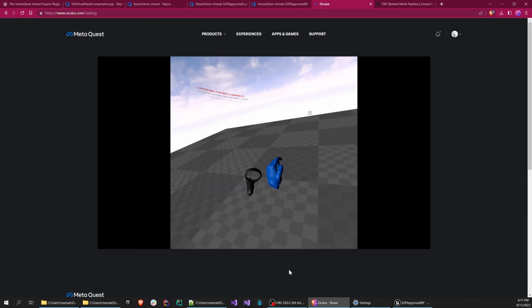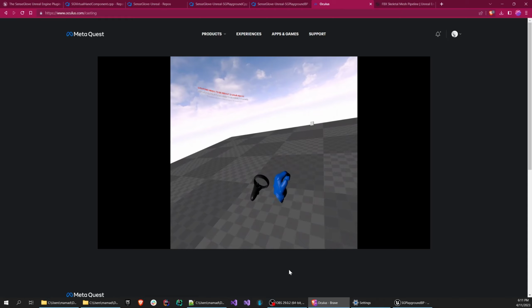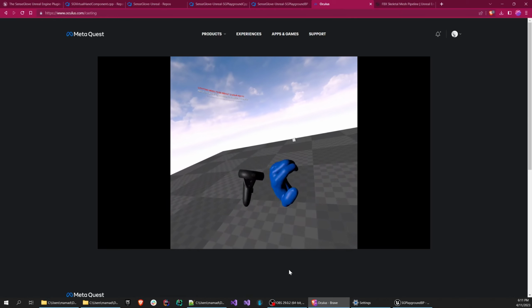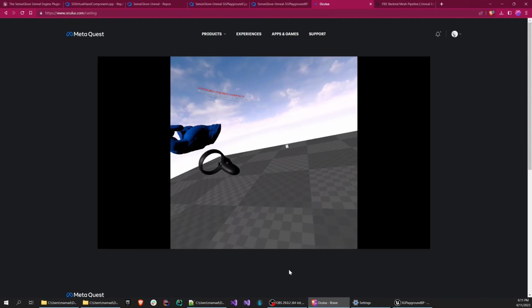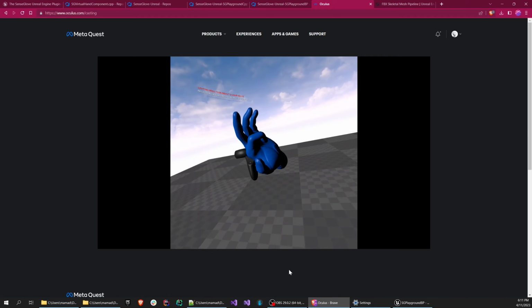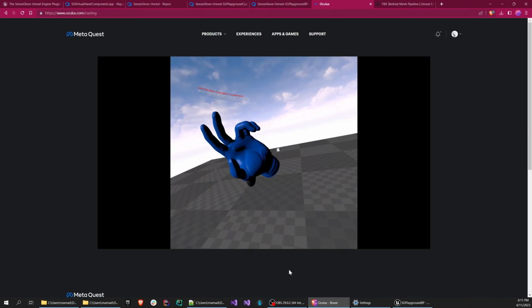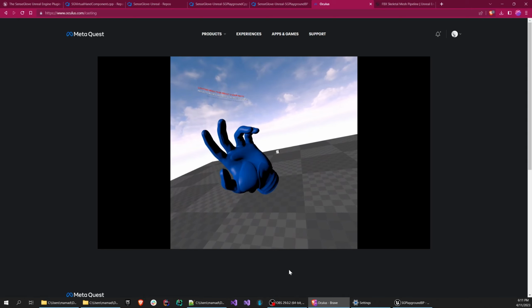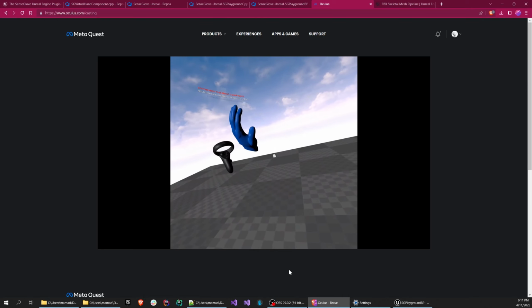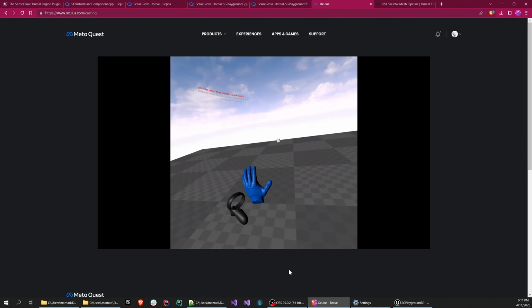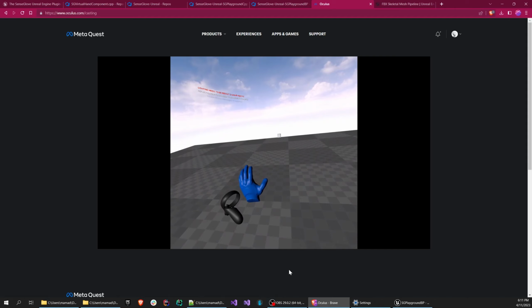And if I just grab the left controller, as you can see, wherever I move it, the hand is going to be moved with it. And I can still use my fingers, and also the wrist is being tracked. So this is how you import the hand mesh,